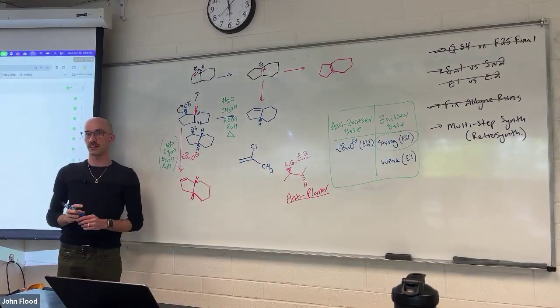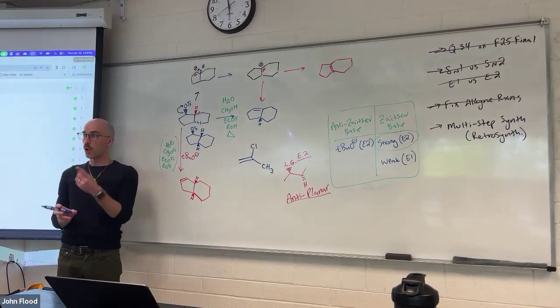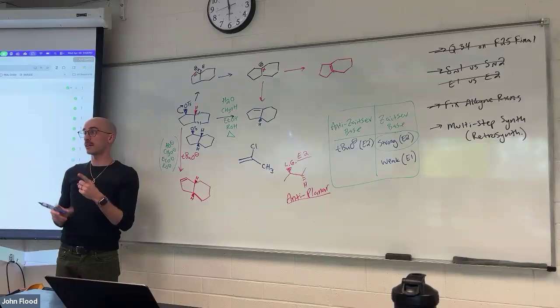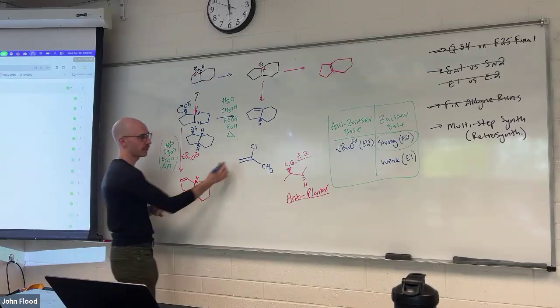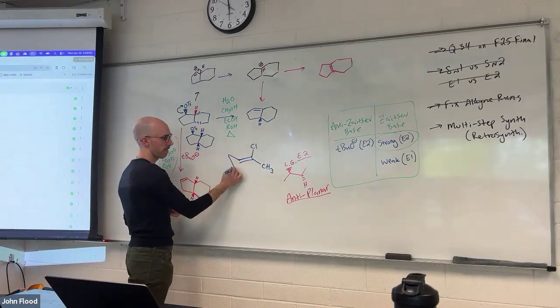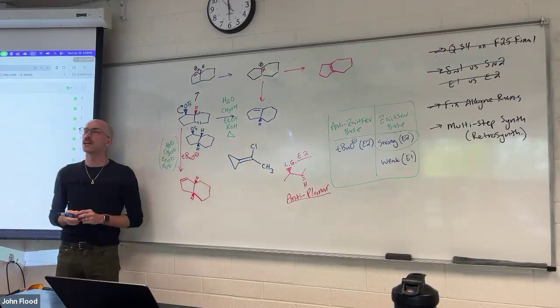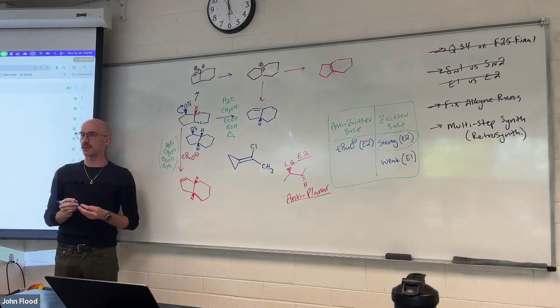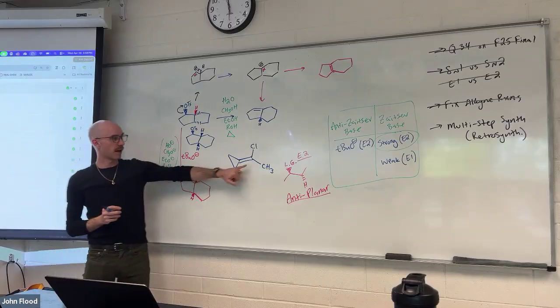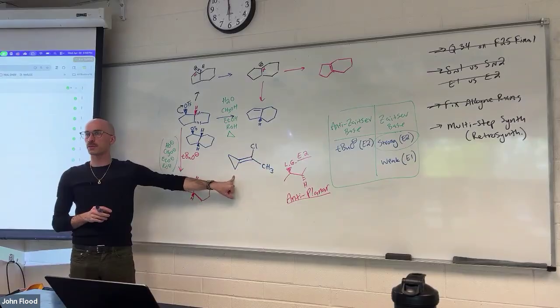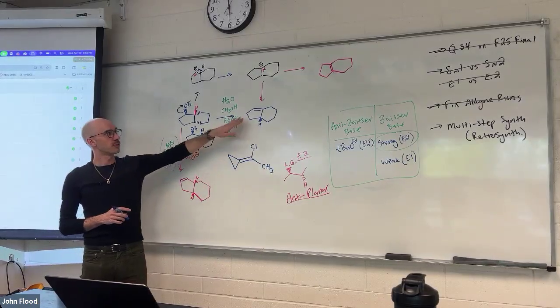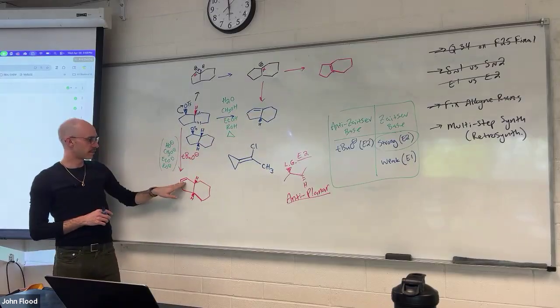Monosubstituted alkene. I've got one carbon coming off of my alkene. My alkene makes up two carbons, and across both carbons of the alkene, there is one carbon group coming off. Tri-substituted alkene. I have one, two, three carbon groups coming off of my alkene. Tri-substituted, tri-substituted, di-substituted,